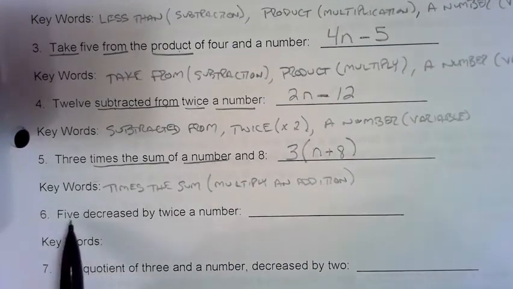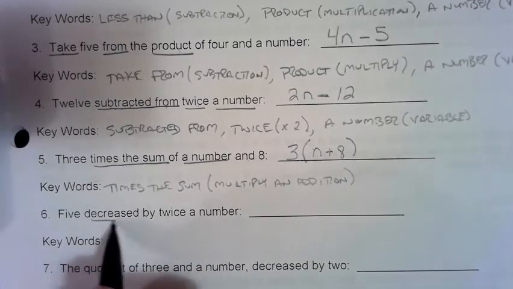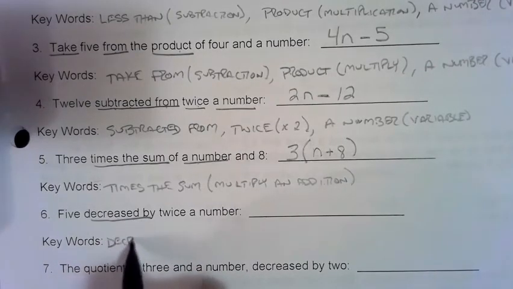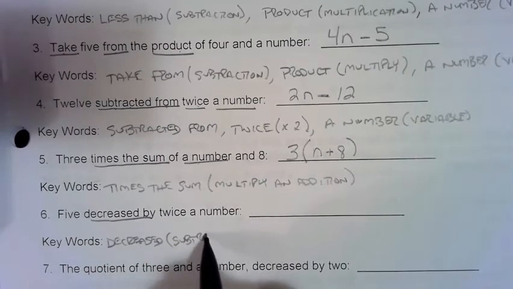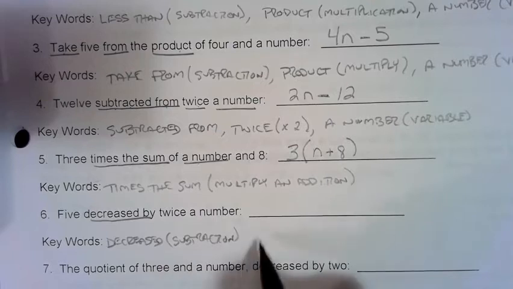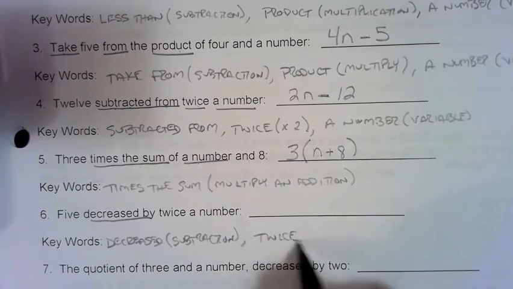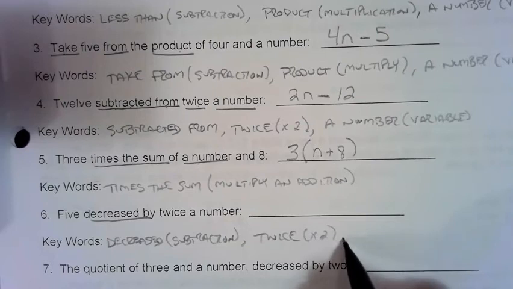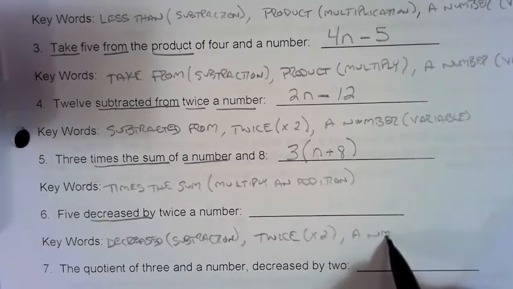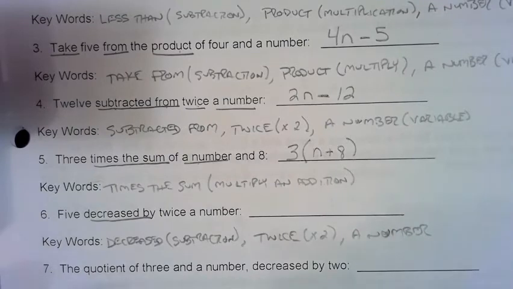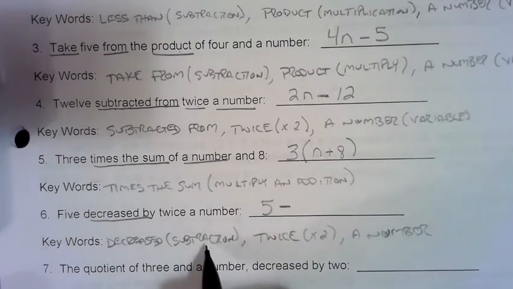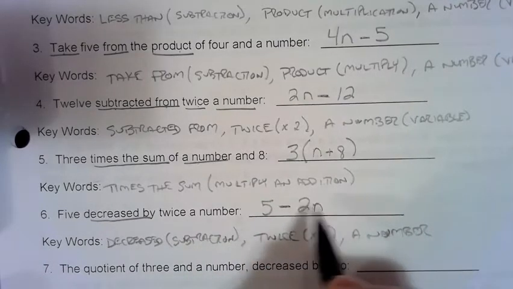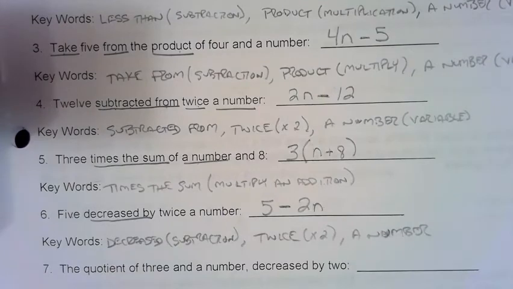Example number 6, 5 decreased by twice a number. Decreased by is going to be subtraction. Twice, which we've mentioned before, means to multiply by 2. And a number is our variable. We don't know what number we're talking about. So 5 is going to be decreased by, so subtracted by, twice a number, 2 times some number, 5 minus